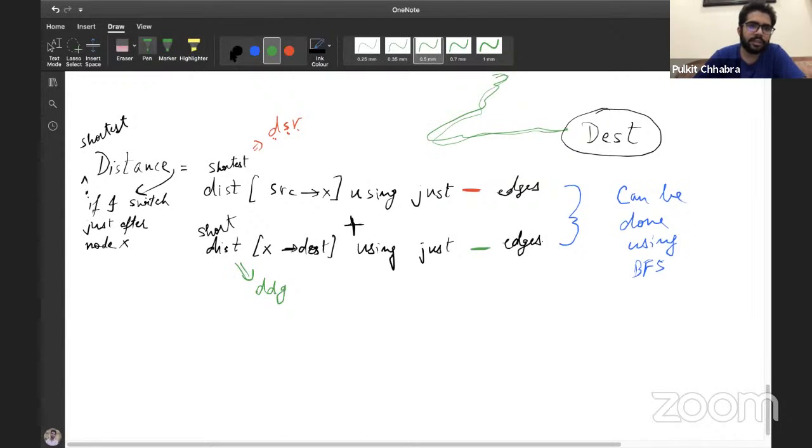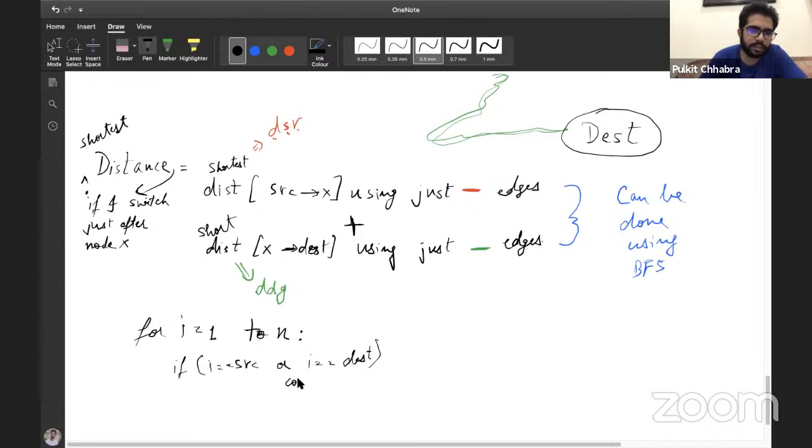All right. So can I say if I iterate over every node, let's say for I equal to 1 to n, in general, okay, there are some more cases that have to be handled. For example, if I equal to source or I equal to destination, then we have to continue.